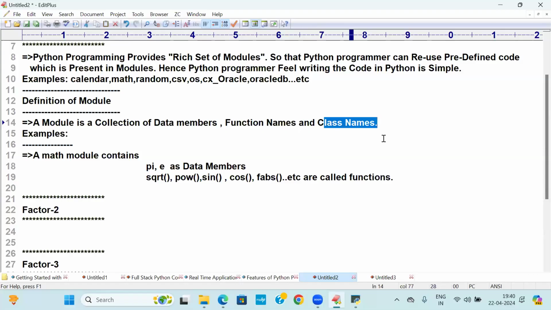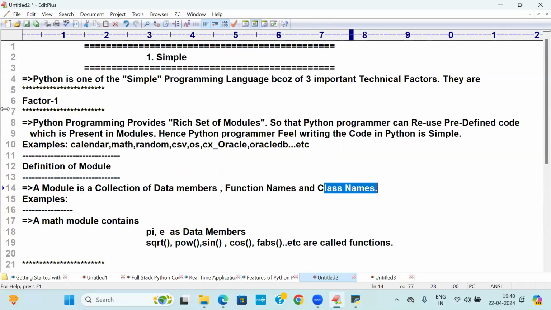Right now, don't worry about the class name. Did you understand this? And factor number one makes me to feel Python is which language? Simple language. How can you say Python is simple? If I go to an interview, if I tell this one point, it is more than enough. I feel Python is simple because I will write the code of anything easily because already so many number of